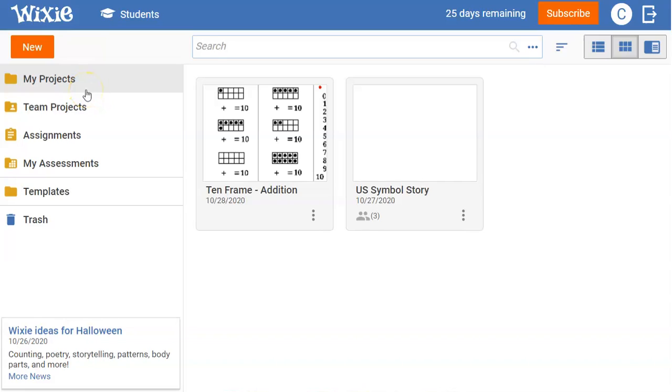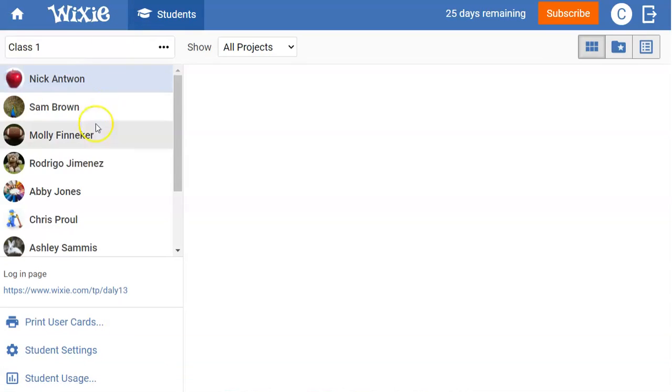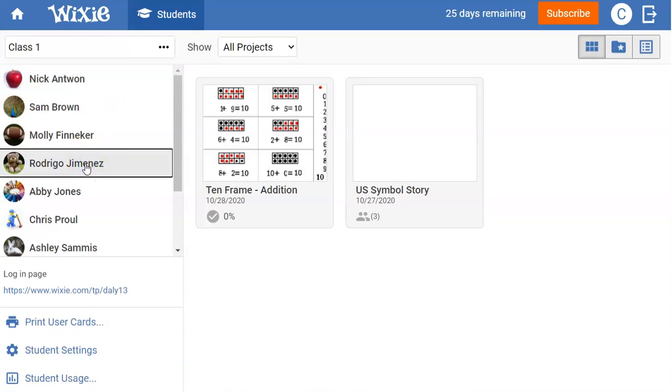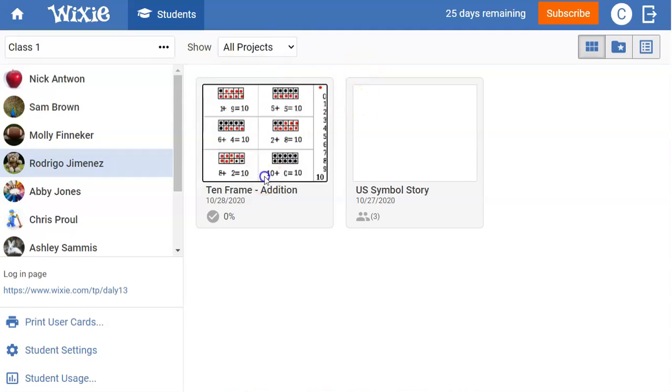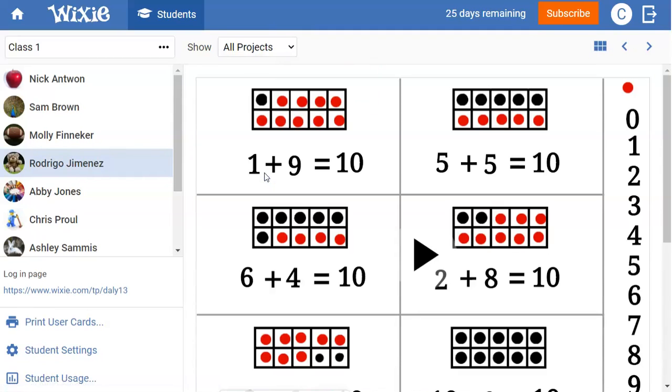You can see everything your students create in Wixie without students needing to submit or turn in their assignments. Simply select the Students button and select a student to view their work. Once students have a lot of projects, you can filter this list to make it a lot easier to manage. Use the Show pull-down menu to filter the project list by assignment, date range, project name, or standard. Click a student project to be able to view the whole project,